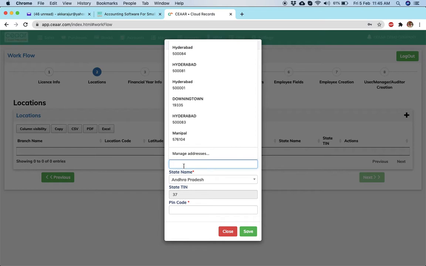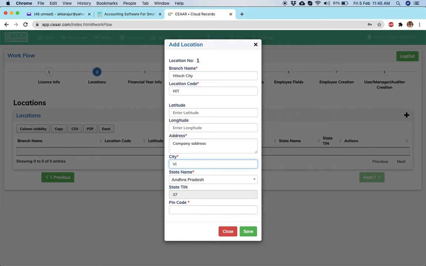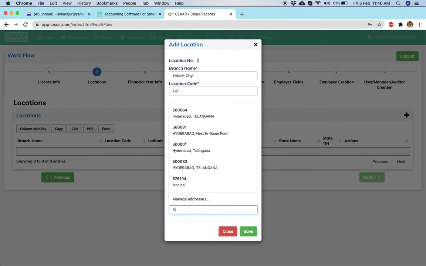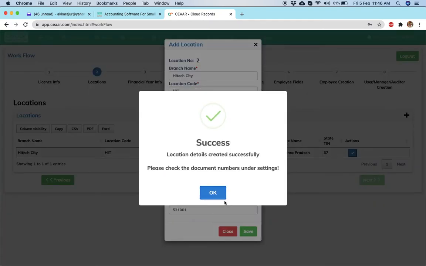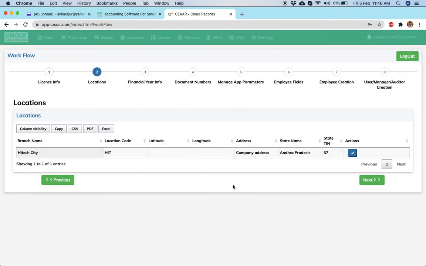City is this. Don't worry about the information. This is just a sample information. So I have created the location.